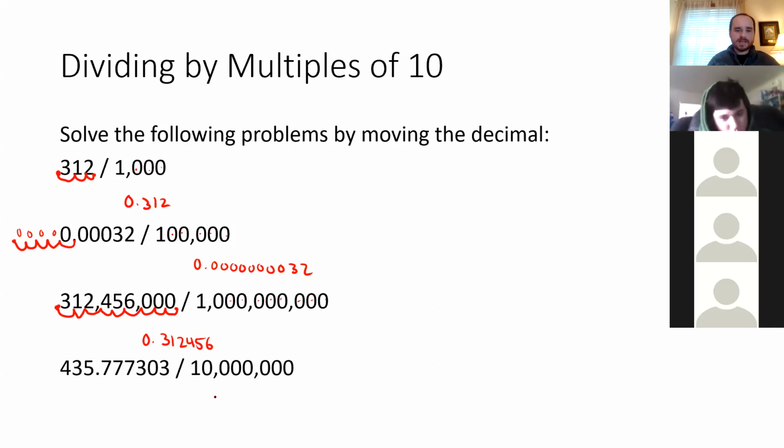All right. Now this last one, again, how many spots am I going to move to the left? Not Tristan. Tristan, type it in private chat, but I'm pretty sure you've got it. Good, Charlotte. 7. Yep, it's going to be 7. So we've got 1, 2, 3, 4, 5, 6, 7. So we're going to take this from right here, go 1, 2, 3, 4, 5, 6, 7. So these are all zeros. That leaves us with